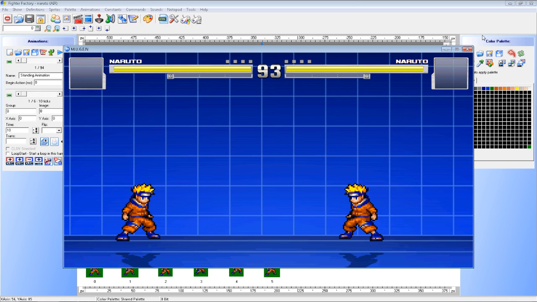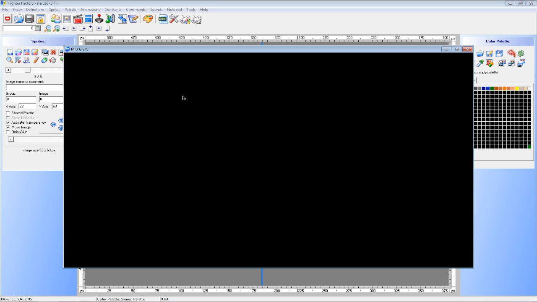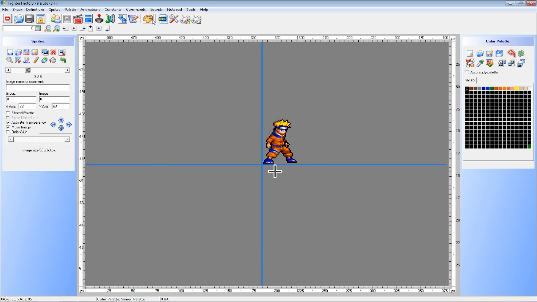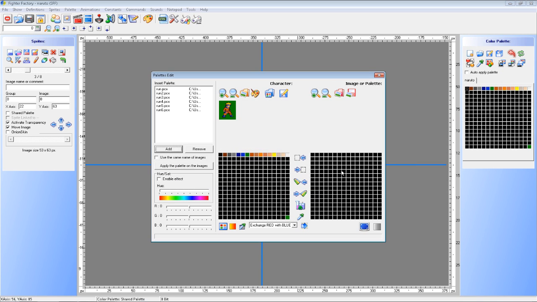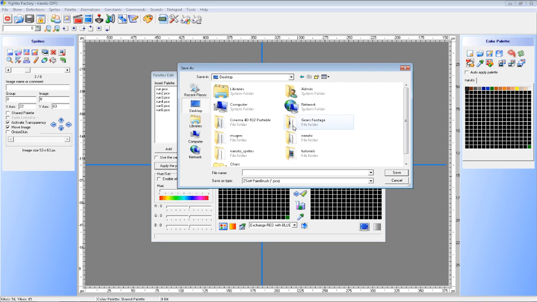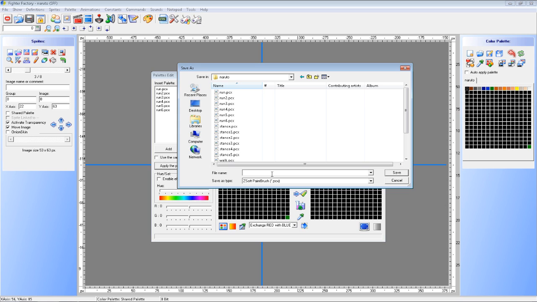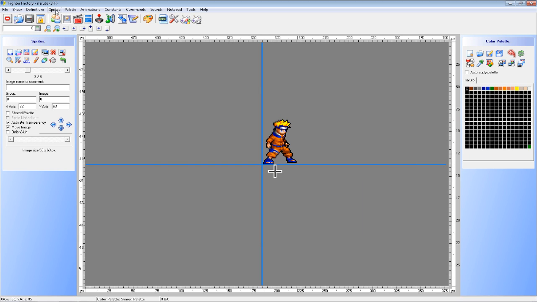So now what we just did here, you can apply to other animations. Basically just go to your palette. Wrong one. Go to your palette. Go to add, and we could pick something like run. Hit open, add palette to images. Go to the Naruto file and just type in 0. Then go to sprites, and then you can now add